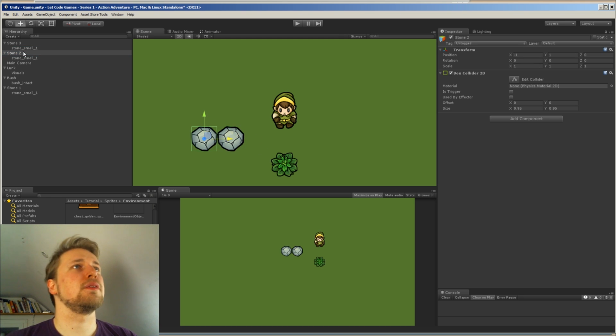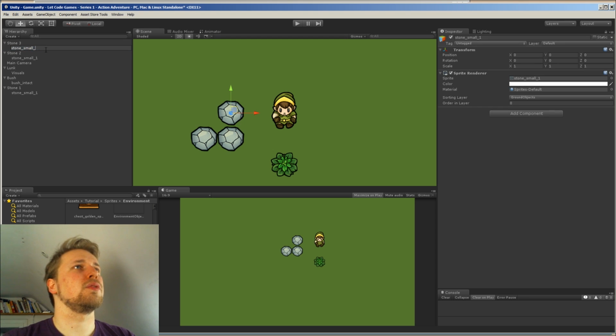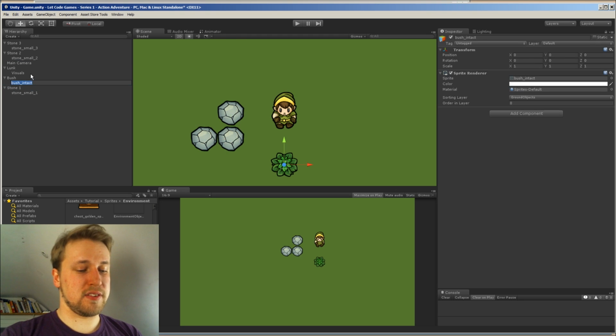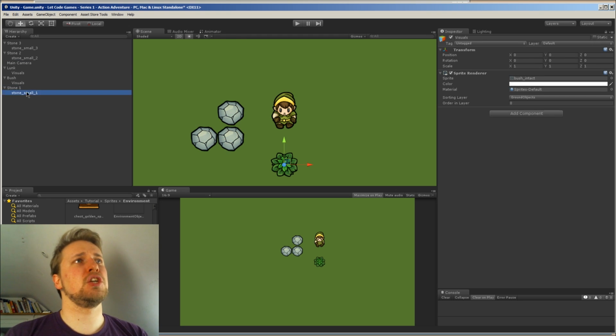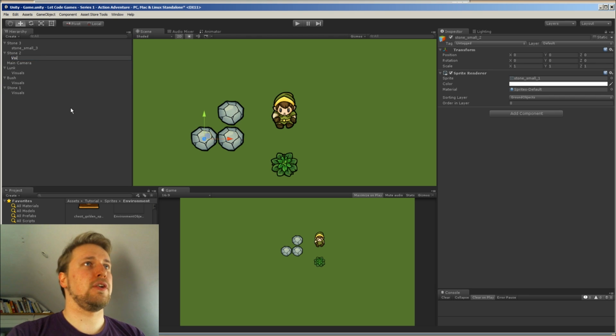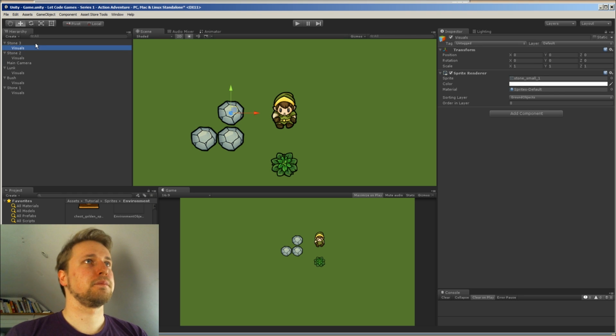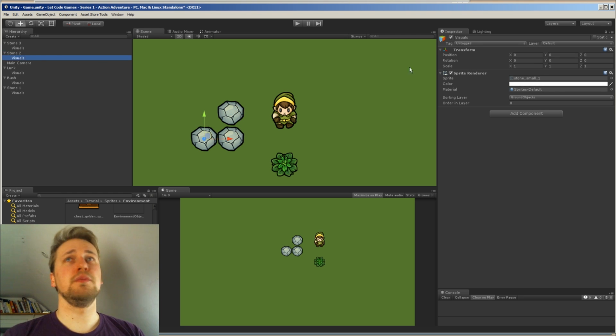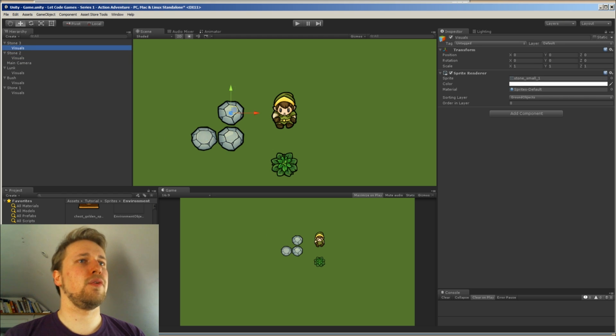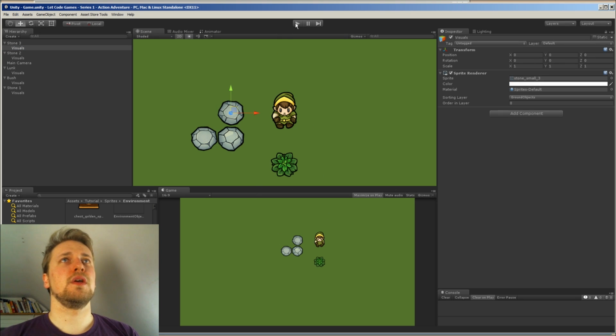Let's move them a little bit. Stone 2 and 3. Let's rename those as well. That's why I usually call these child objects visuals, because if I change the sprite, I don't want to change the name of this child object every time. So let's just call this visuals. It's much easier. So stone 2, we set our stone 2 in here, and then for the visuals of stone 3 we set the 3 in there. So now we have 3 different stones, and